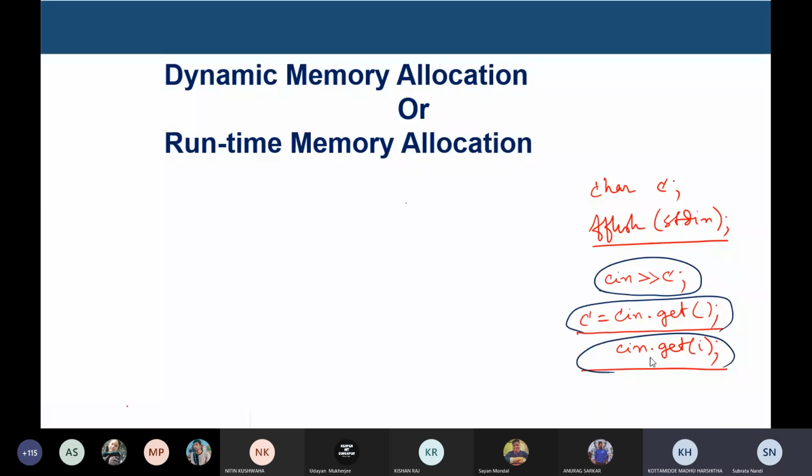Now in the first case, what does it get translated to? It gets translated to scene dot operator. Okay, so this will be the call. Scene is the object which invokes this method, and we pass this C and somehow